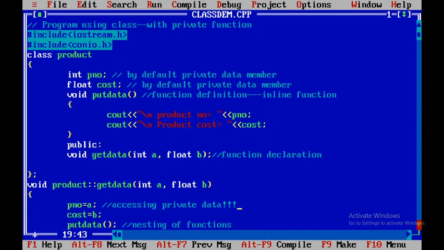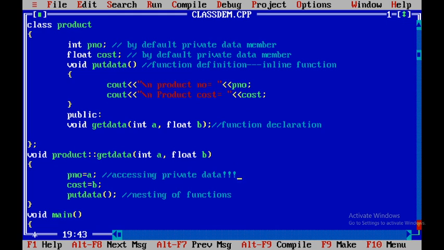Look at the code over here. We have defined this getdata method: void Product::getdata(int a, float b). The first parameter a we assign to pno, so pno equals a. The second parameter b we assign to cost, so cost equals b.